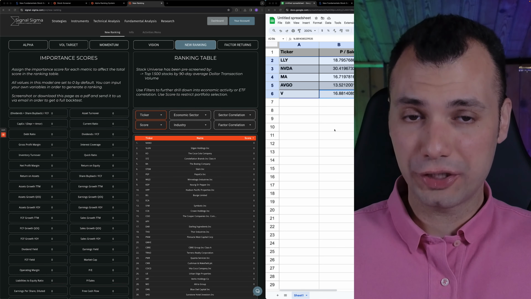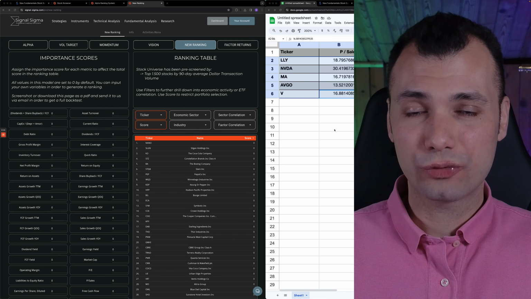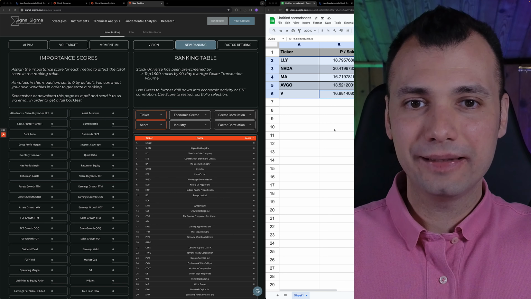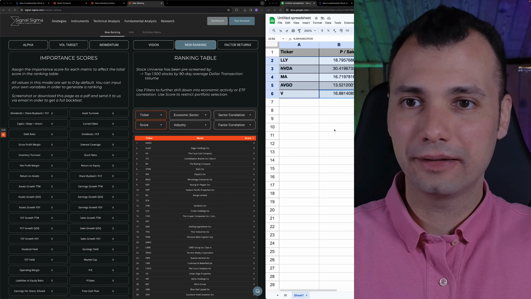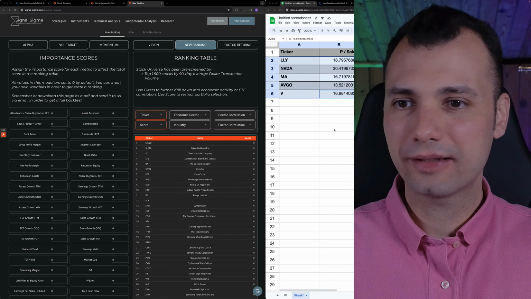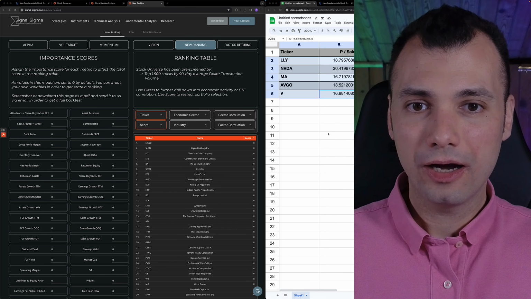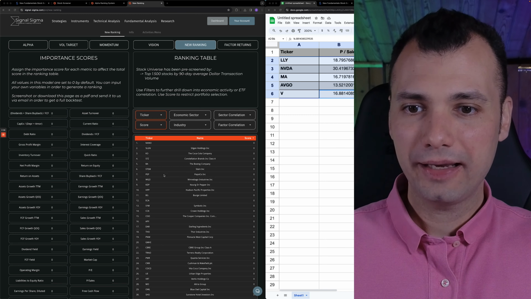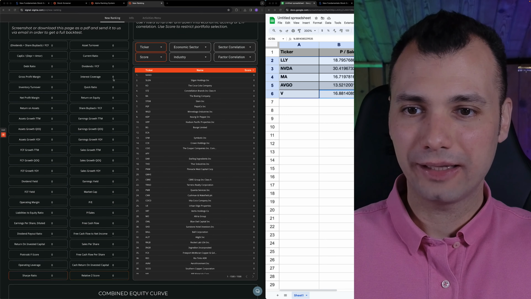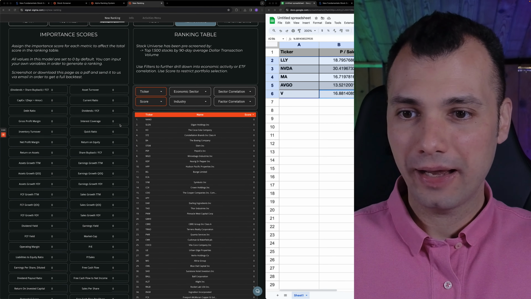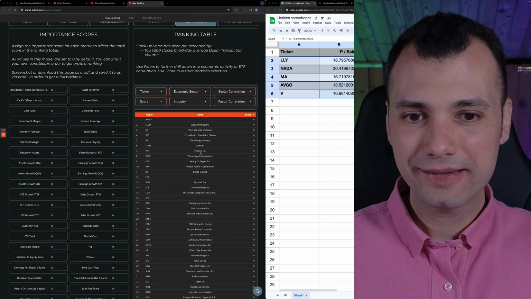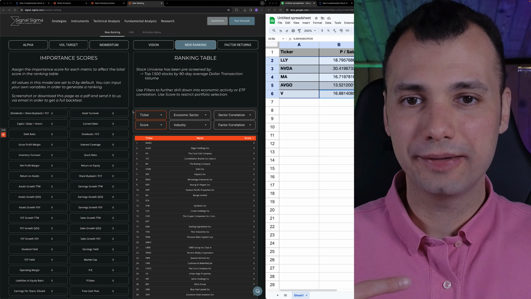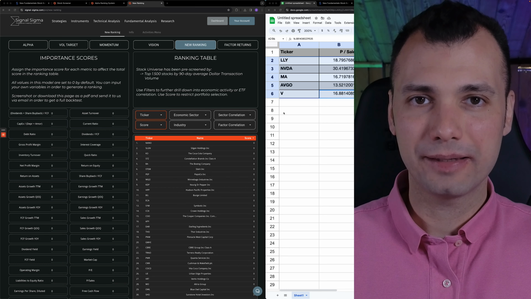possible trading positions. It works differently from a screener because think of a screener as a slicer. A screener definitely eliminates a certain subset of stocks based on certain considerations. A ranking table works more like a blender. It takes a couple of metrics that we can see here on the left side, and it creates a ranking based on importance scores. But what I wanted to show you in this video is exactly the step-by-step workings of